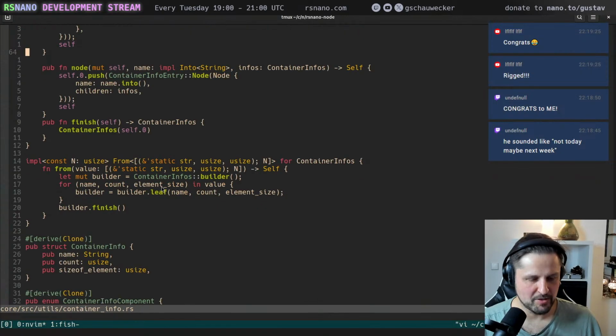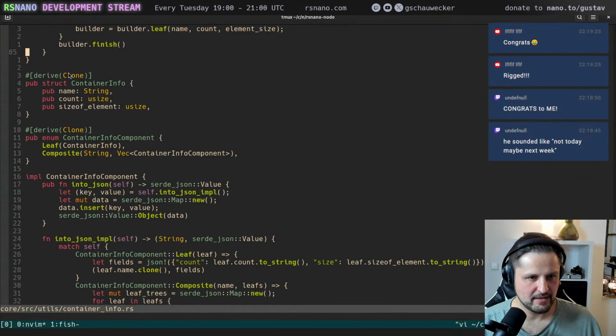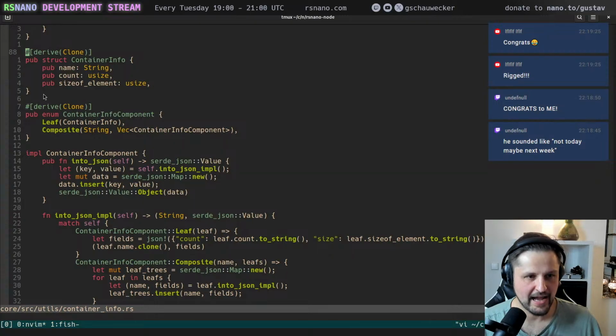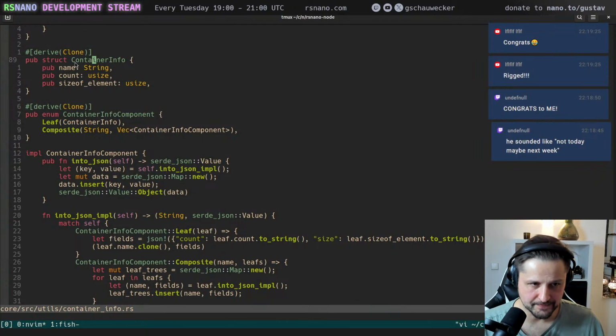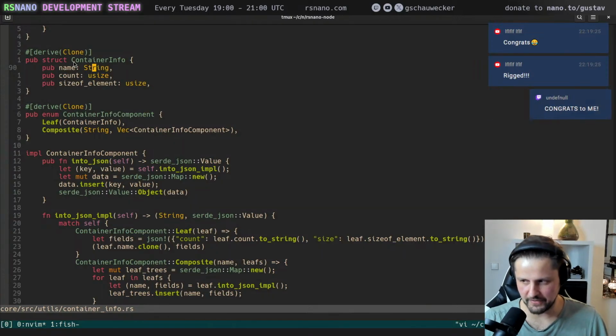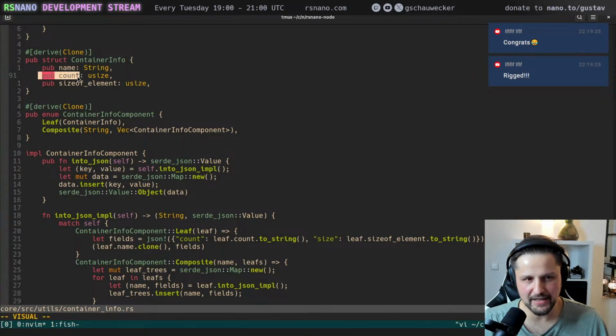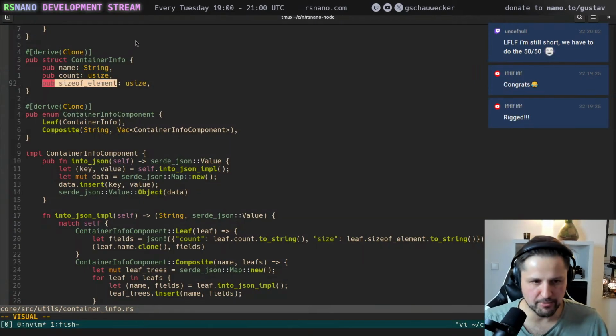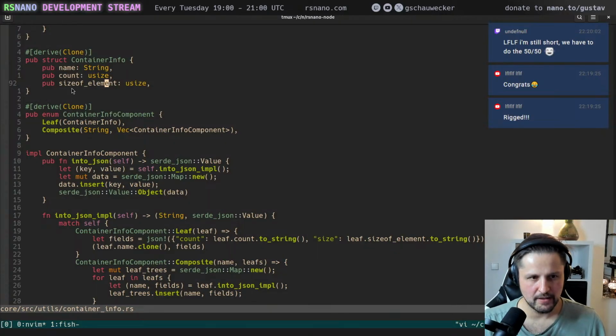What the C++ node does is it has this component, the container info, and this is for debugging purposes, where we could get information about all of the containers, all of the queues, all of the maps and whatever that we have in the node, and see how many items are in there and how big the items are. So we can use this for finding memory leaks, for example, quickly. And these are accessible via RPC.